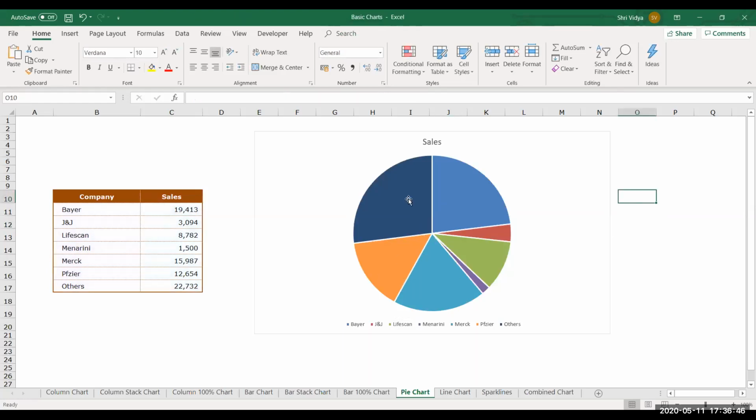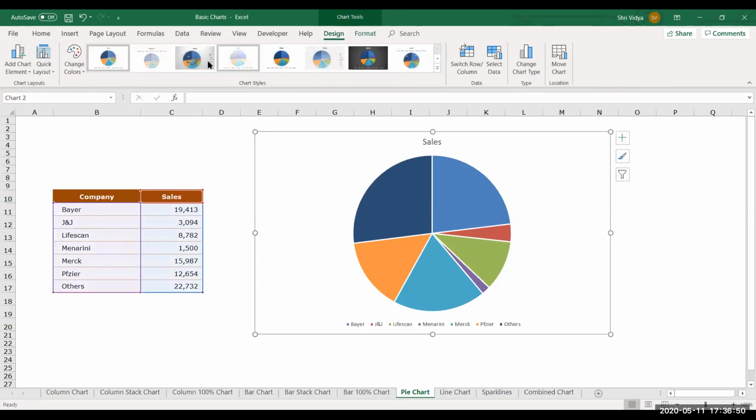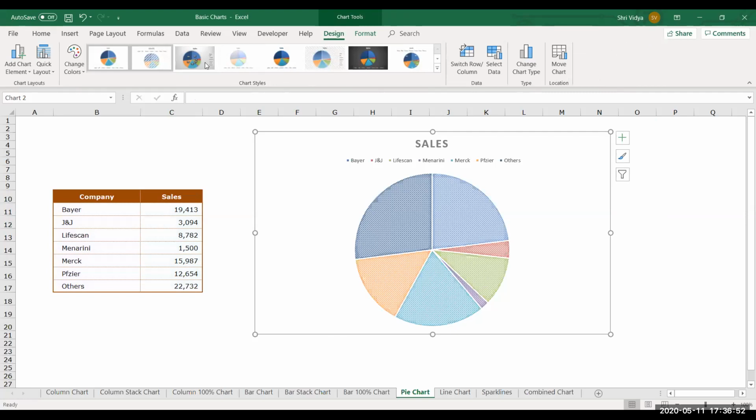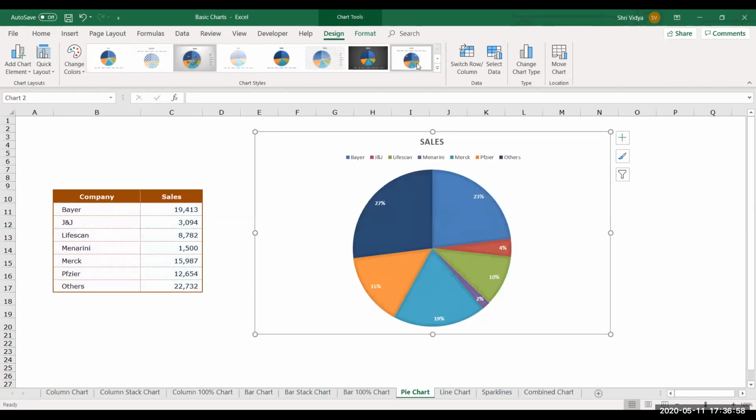Now again for this pie, you have a lot of themes and chart styles that you can apply. I'll just take this, or we could go for this one as well. Yes, this is much better. Now you can look at the percentage value of all these categories that are available to us.